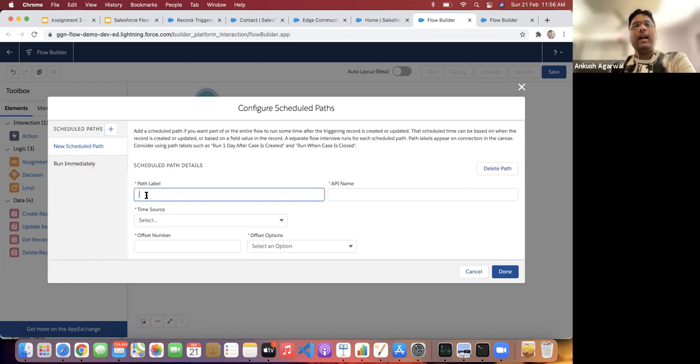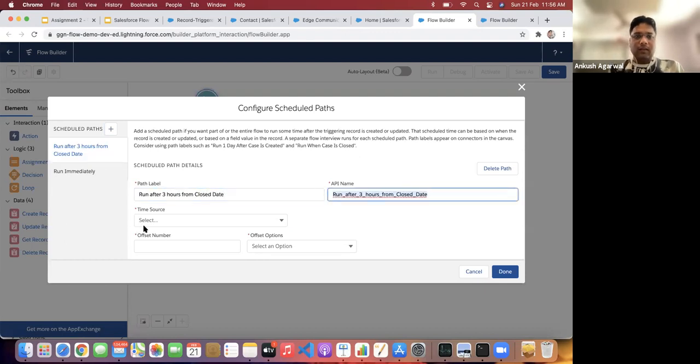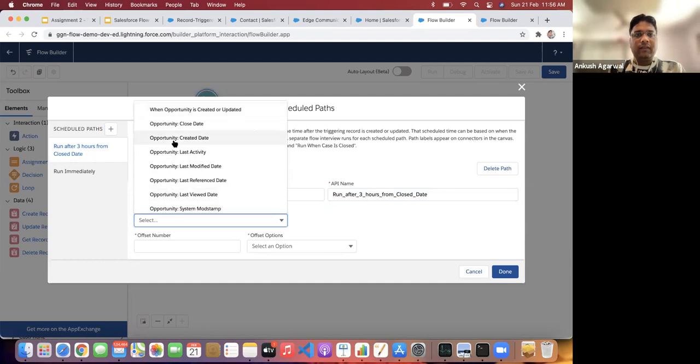But if we want to add some feature over here, like run after 3 hours from closed date, what we will do is define here, select on which date field you want to take this difference.